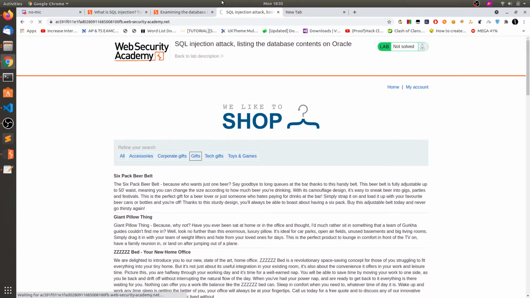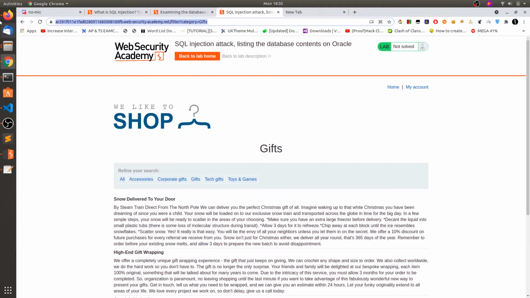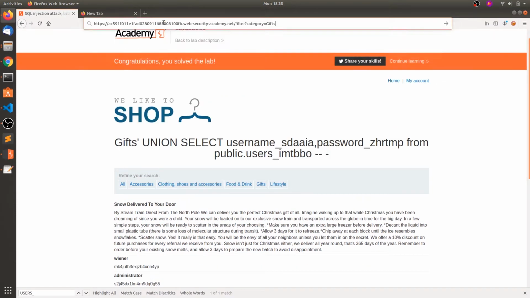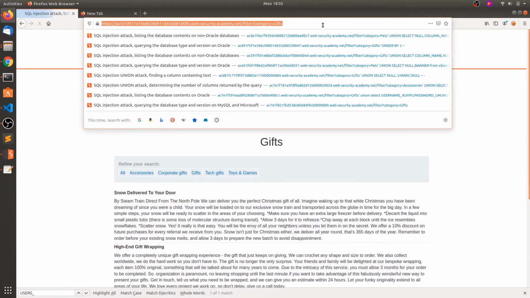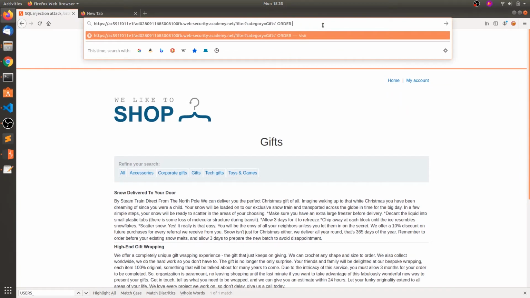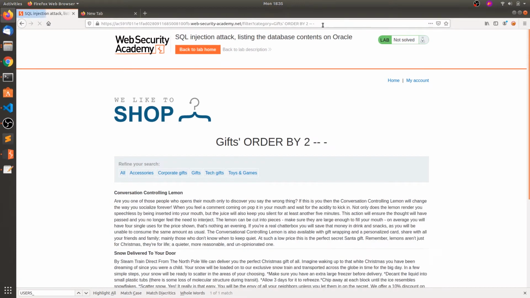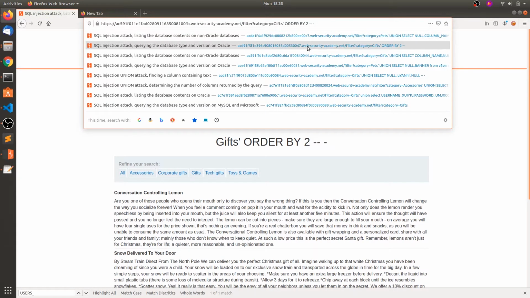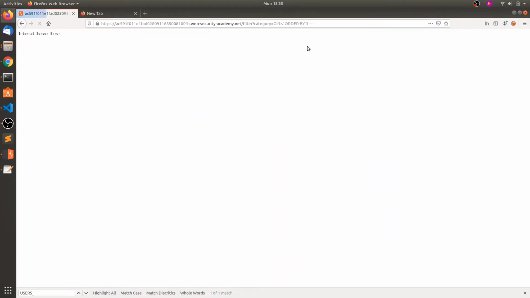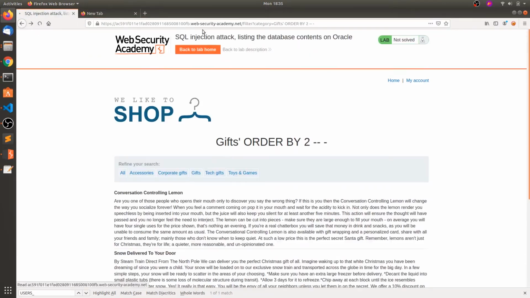So let's click on anything, copy and go to Firefox. As usual, let's find the columns, sorting by the second column. We have it sorted, so that means there are 2 columns. Let's select 3. So there are only 2 columns.